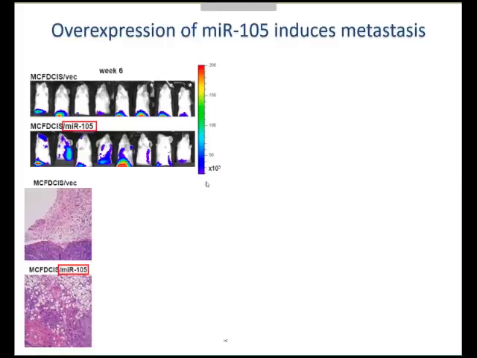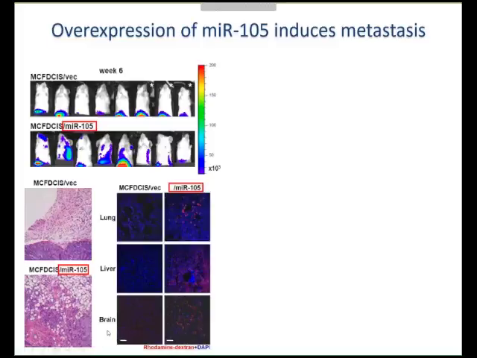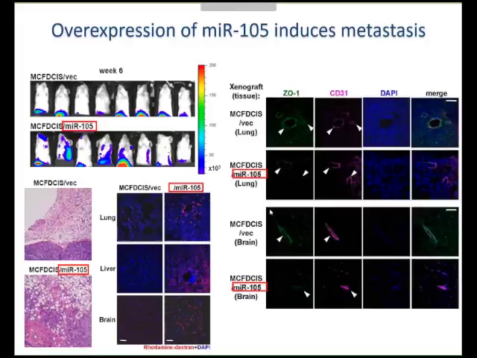And we also see increased local invasiveness in the primary tumor expressing high miR-105, and we also saw increased vascular leakiness in those mice bearing high miR-105 expressing primary tumor. So this suggests that primary tumor can secrete sufficient amount of miR-105 to adapt the vasculature at a distant site. And this is consistent with the downregulation of ZO1, the target gene of miR-105 in the endothelial cells found in